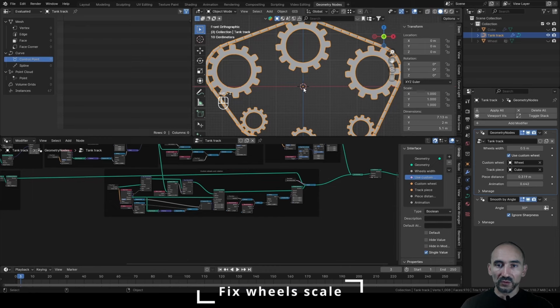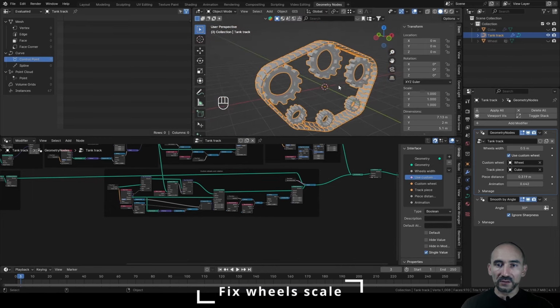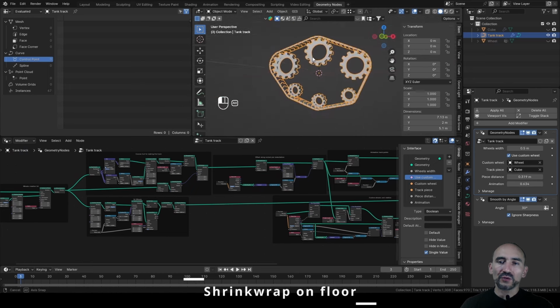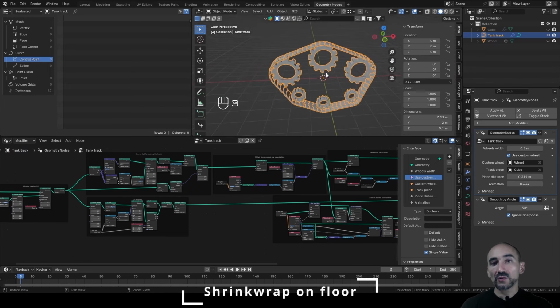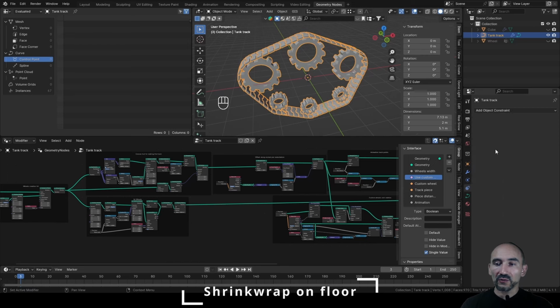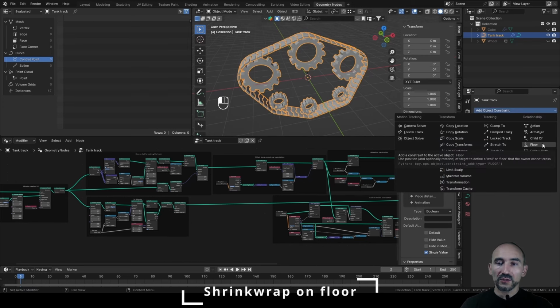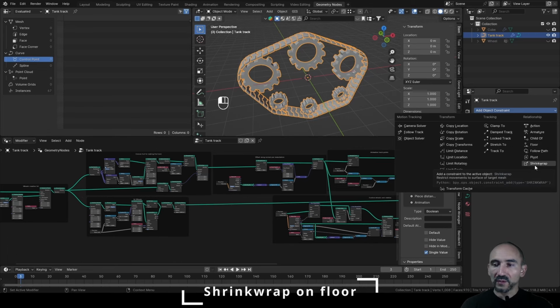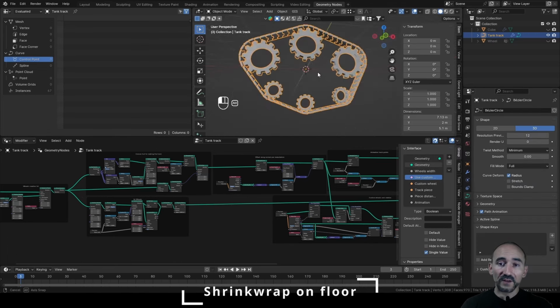Exit from the edit mode, Shift D to see the object, and now the animation is correct. Now I want to show you a last part of this tutorial that you can use maybe for your projects, and it's a different approach, a sort of shrink wrapping or constraints on a floor. To apply this effect you cannot use the floor or the shrink wrap constraints or other stuff like this,